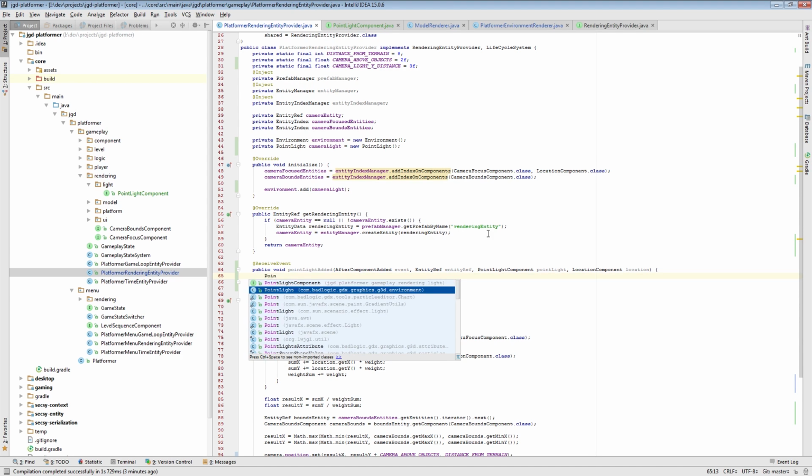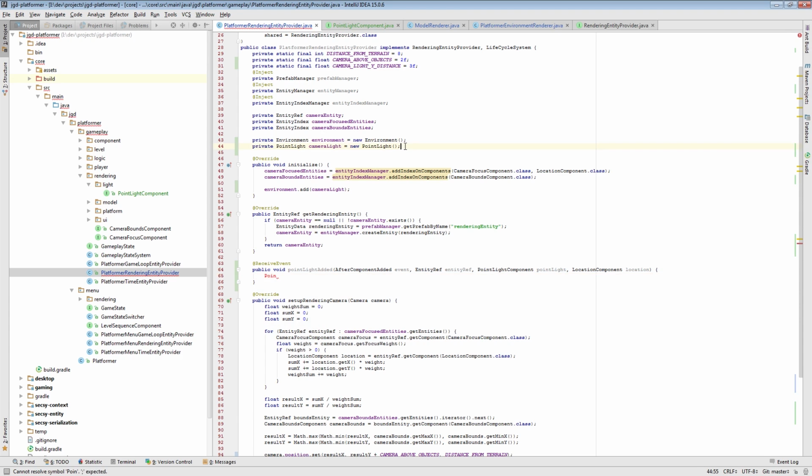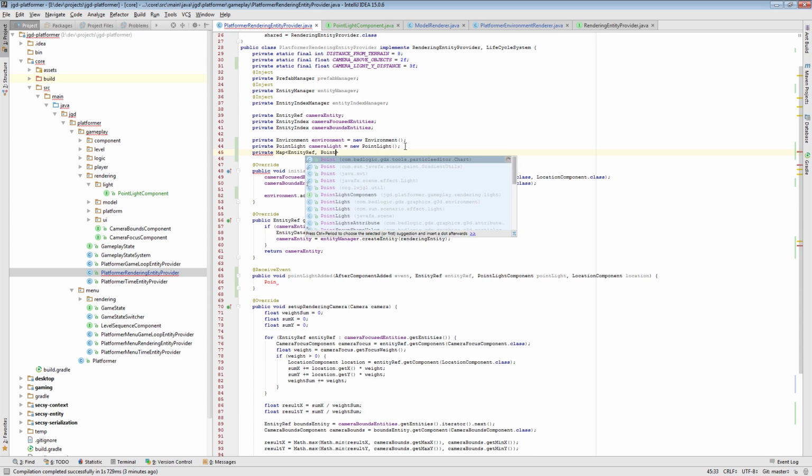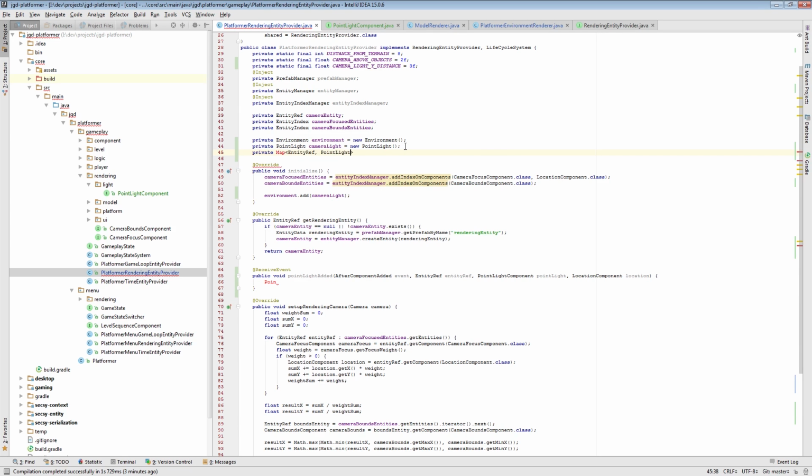Okay, when it is added, we will add it to the environment. So first we'll construct it. You have to also remember it. ttRef to point light, because we have to remove it when it's unloaded. Point lights, point light